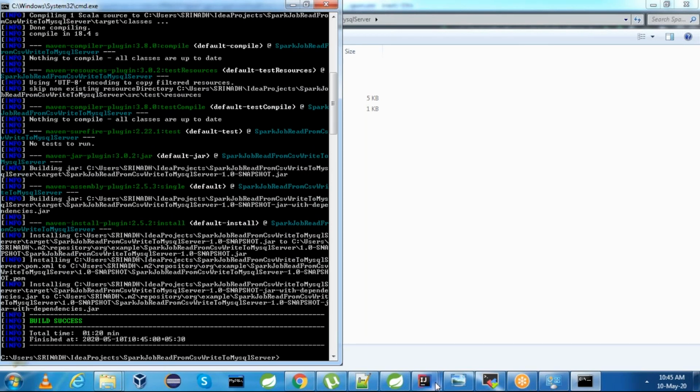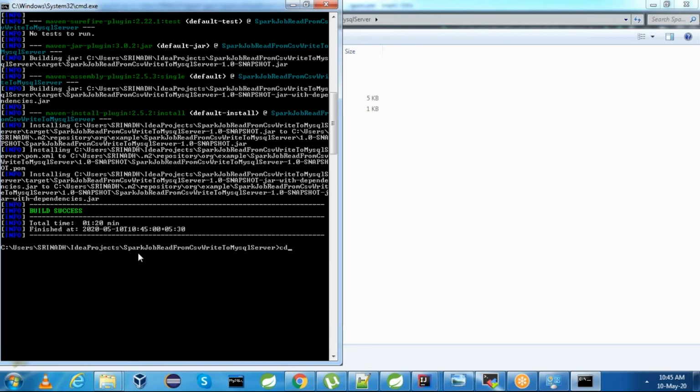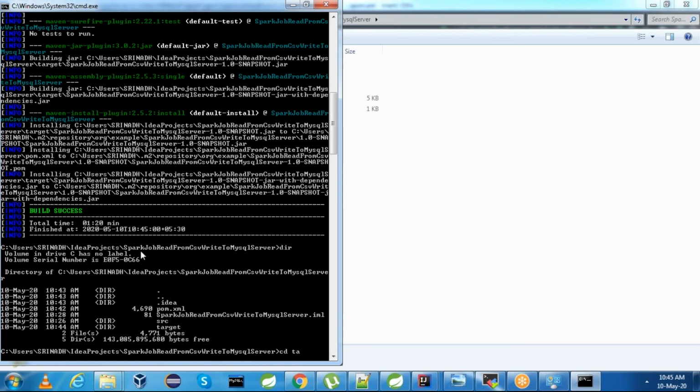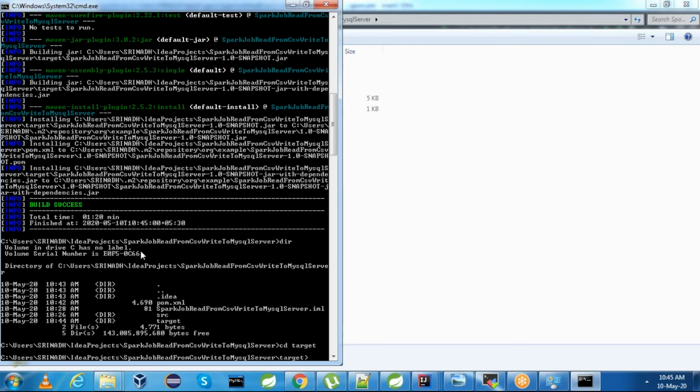Now it is success. Now go to the target folder. If you see, there will be a target folder. Go to the target folder, and from there you need to mention